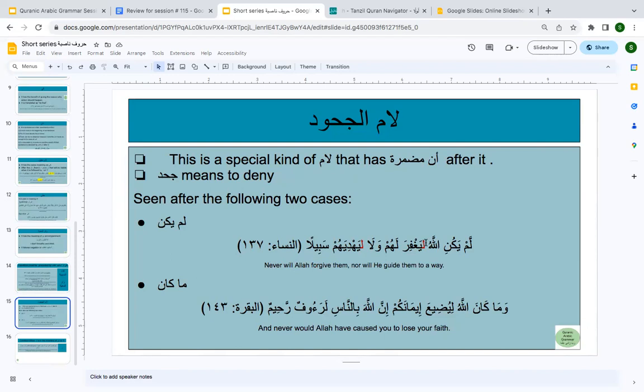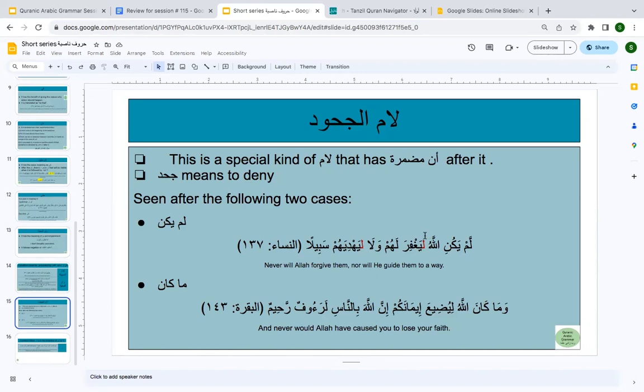It's just making negation very strong. Okay, it is making negation very strong. Yeah, kind of like that. Okay, so li is there to make negation strong, and when it is